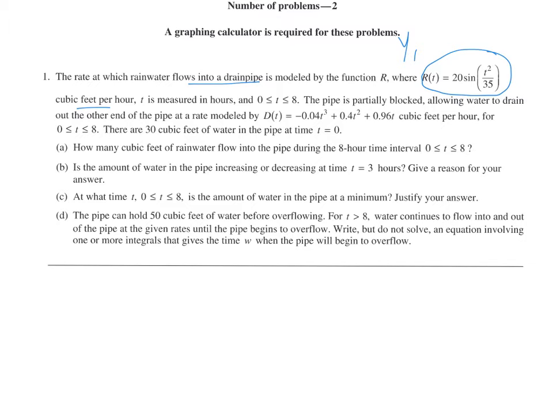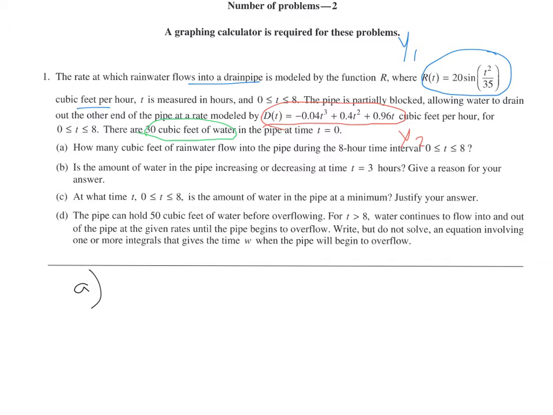The pipe is partially blocked, allowing water to drain. So we have a drain model right here. And I'm going to put that in for Y2 into my calculator from 0 to 8. And then they give us this nice piece of information: there are 30 cubic feet of water at time equals 0. Okay, so for part A